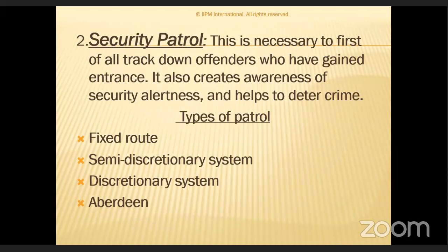So what are we saying here? This is a patrol system where security men are carried in a vehicle to a particular spot to maintain orderliness and make sure the security of facilities, products and people in such an environment is taken care of by them. And after a particular time, which they have been detailed to spend, they go back to the same bus or the same truck,